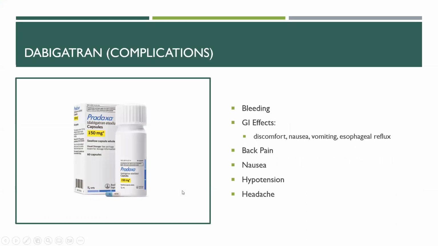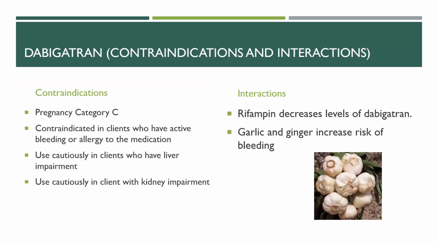So we want to watch for bleeding, GI effects, back pain, nausea, hypotension, and headache. It's pregnancy risk C. It's contraindicated with allergies or bleeding, and you want to use cautiously with clients who have liver impairment and